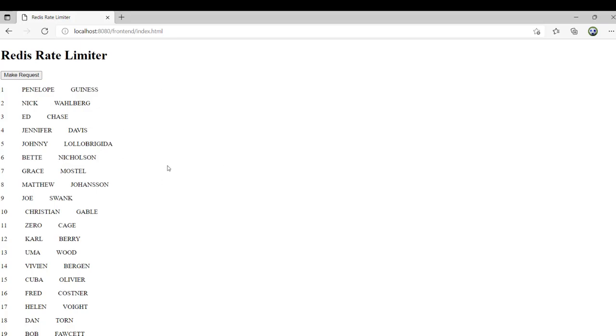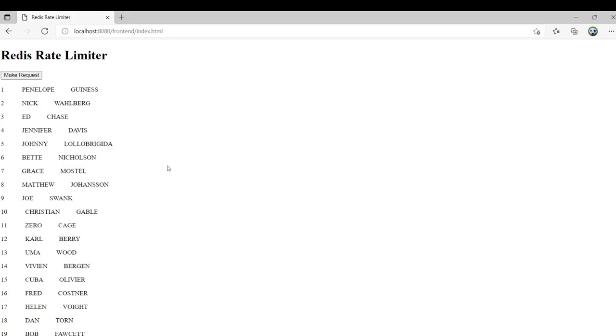So this is how we use Redis as a rate limiter to our critical resources. This is the simplest way to implement a rate limiter. In the upcoming videos, we will improve this rate limiter. Another thing that we will try out in the upcoming videos is that we will also bring in Redis as a caching system as well. So far, each time the client is making a request within the allotted time and allotted quota, the user has to get data from the database. So database is accessed 5 times.